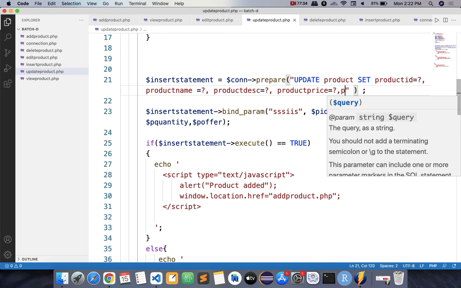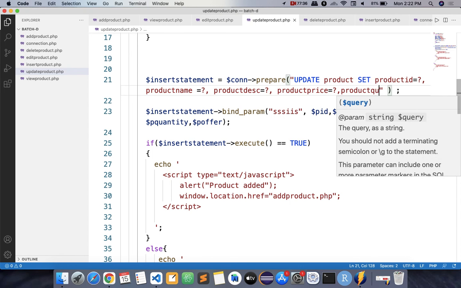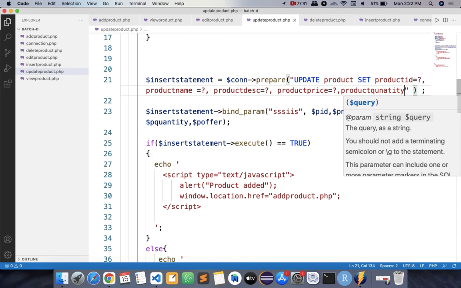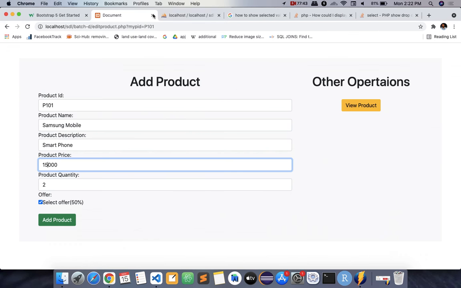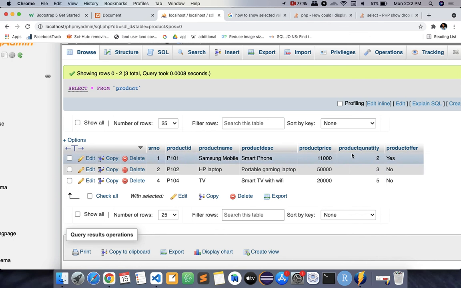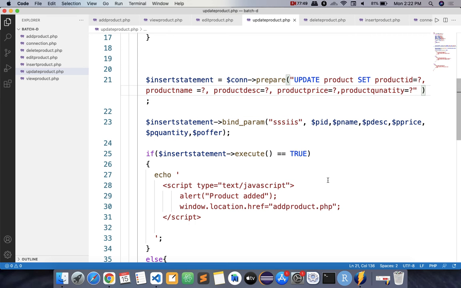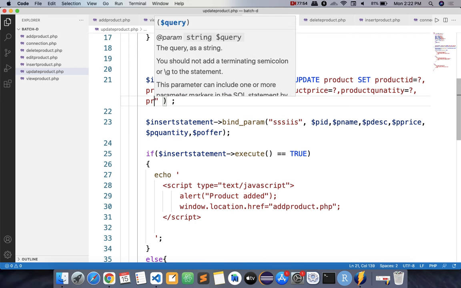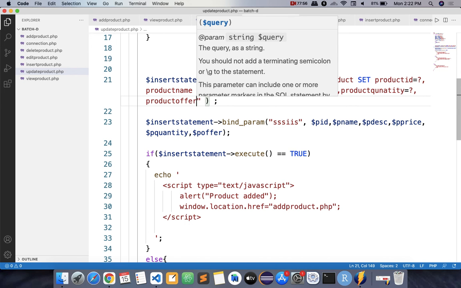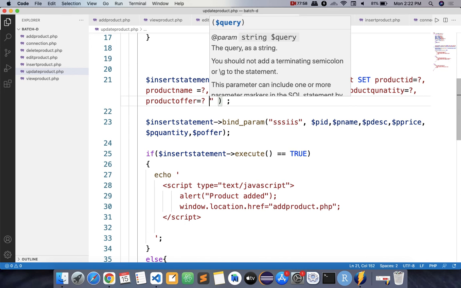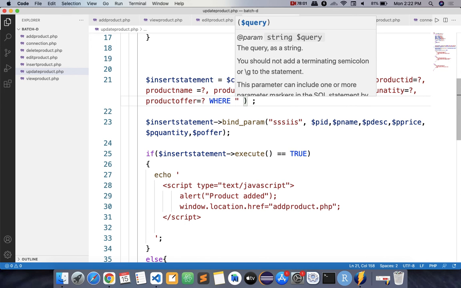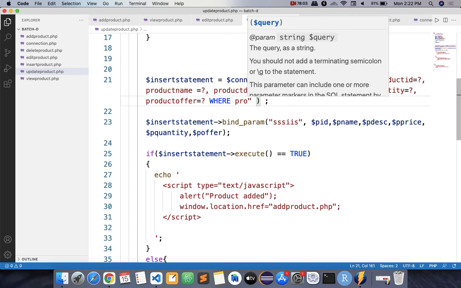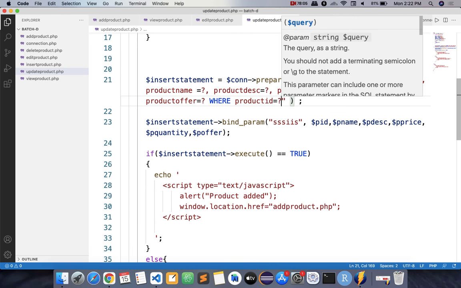Product quantity is equal to question mark. Product offer is equal to question mark. Where? Which one do we have to update, no, where PID, product ID is equal to question mark.